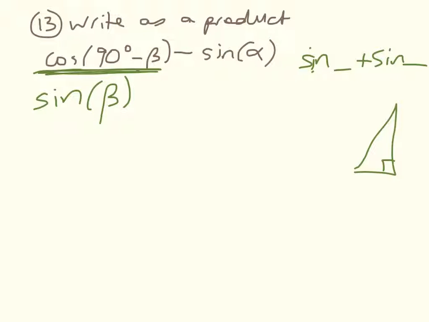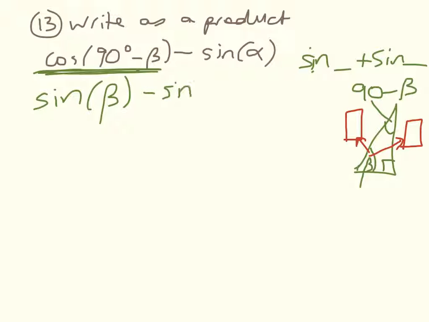Doing that more slowly, and we did this very early in the unit, if I've got beta here, this angle up here must be 90 minus beta. So the cosine of 90 minus beta is this side here over this side here, which is the same as the sine of beta. So sine of beta minus sine of alpha is all we're finding out here. So we're writing that one as a product. Once you recognise that,